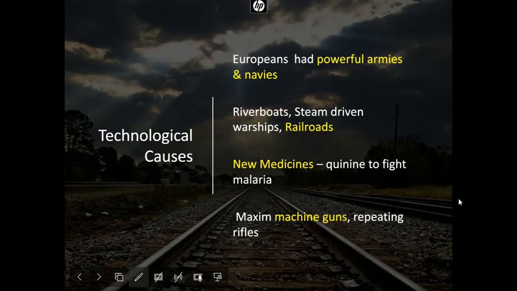All right, so that's where we're going to stop. When we come back with our next lecture, we're going to talk about what imperialism specifically looks like in Africa. So there you have our causes for imperialism. You've got the technological causes, making it possible. You've got the social causes, making people believe that they had a duty to go out and help these people. You had the political and military causes where they wanted bases around the world for their navies and the strong sense of nationalism. And you have the economic motivations of making money by getting resources and having new markets. So that's your introduction to imperialism, and those are your major causes of new imperialism.